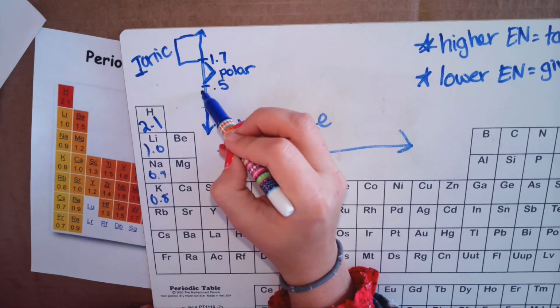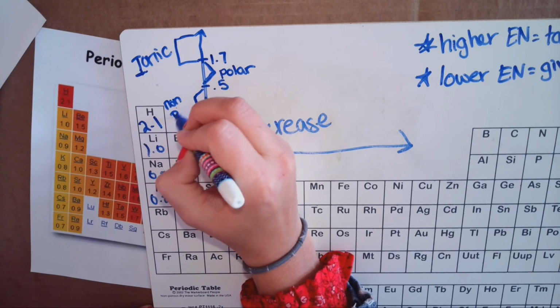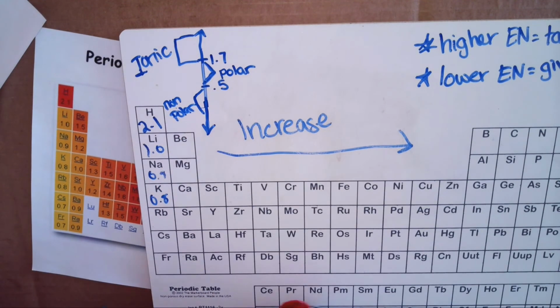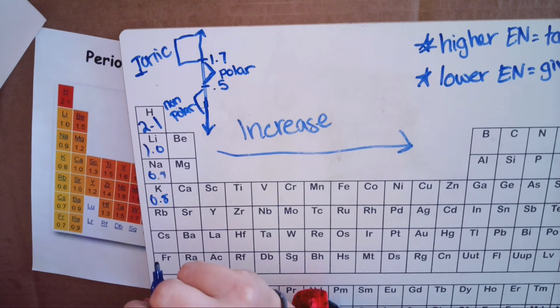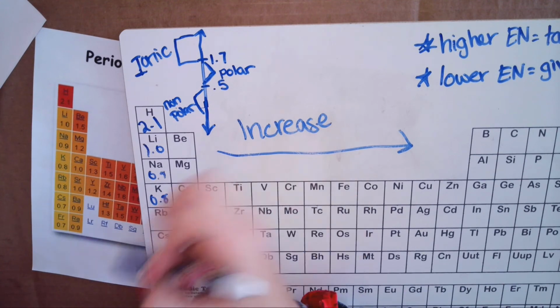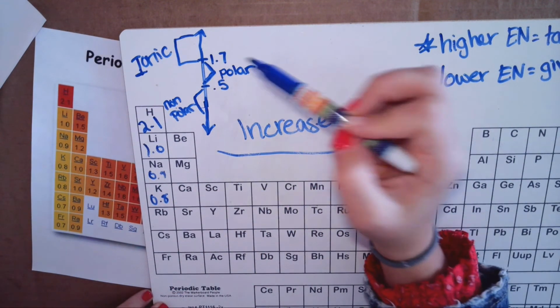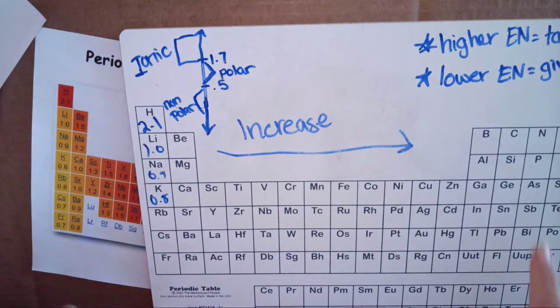And then anything under 0.5 is non-polar. So it's not a polar bear. I know that it might not make sense yet. But all of these are things we need to know in order to do practice problems and understand why we're using electronegativity. So what this spectrum tells you, when you put two things together, so let's say I put fluorine,